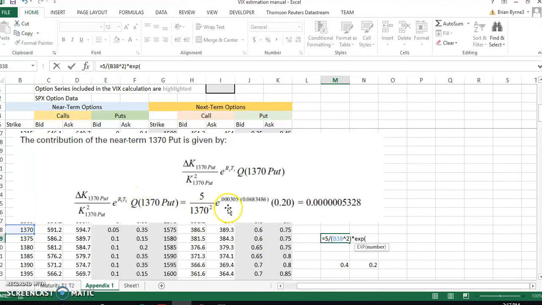The interest rate, if we recall, was given to us as 0.00305 for the shorter expiry time T1, and T1 we already estimated to be equal to